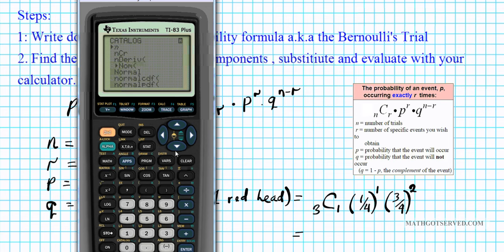Catalog and combination. There you go. N choose 3, choose 1, times 1 over 4. Now please put your fraction in parentheses, or else you will get a grouping error. 1/4 raised to the first power, or 0.25 raised to the first power, or just 0.25 or 1/4, times 3 divided by 4 raised to the second power. Enter, and your answer is